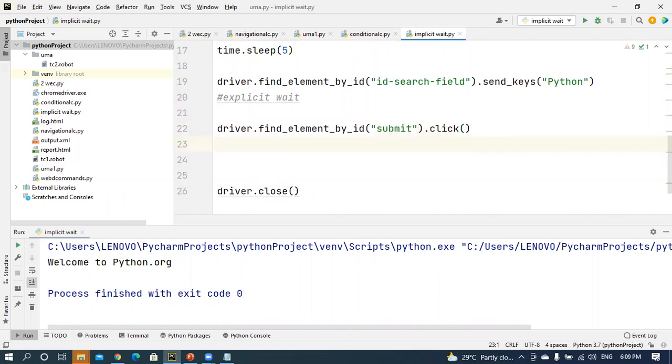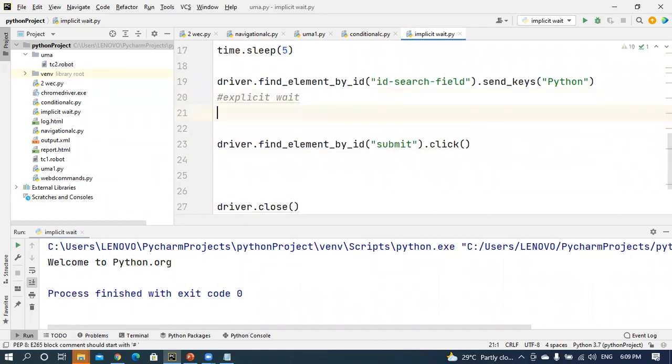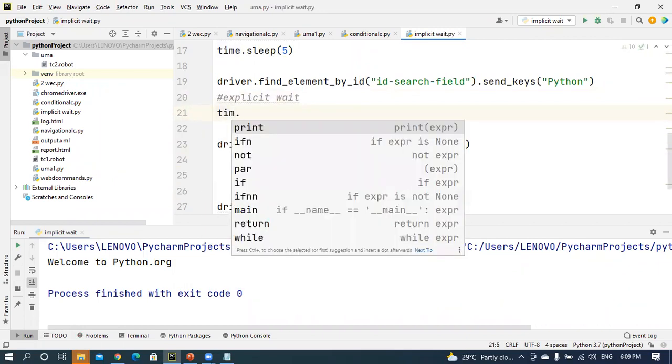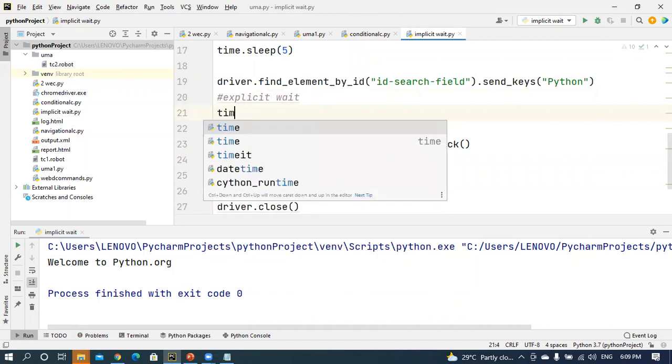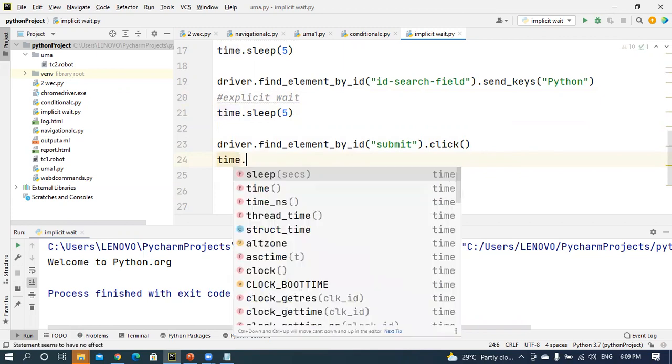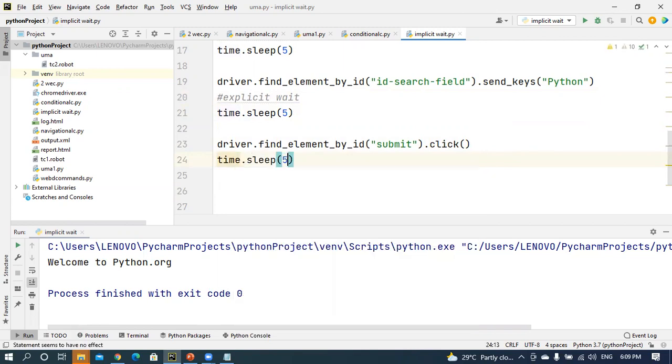Before closing, I'm also applying the explicit wait. The explicit wait is the time dot sleep method, here 5 seconds. After that I'm applying time dot sleep 5 seconds. Yes, execute this one.